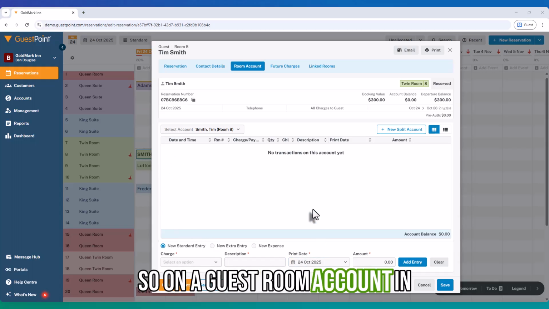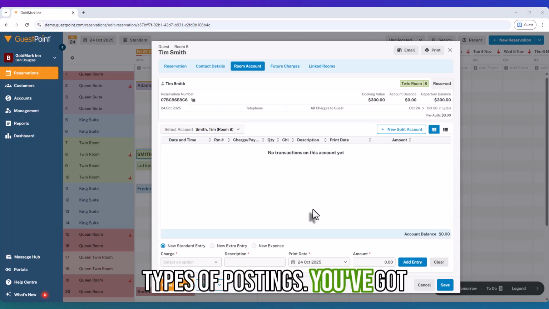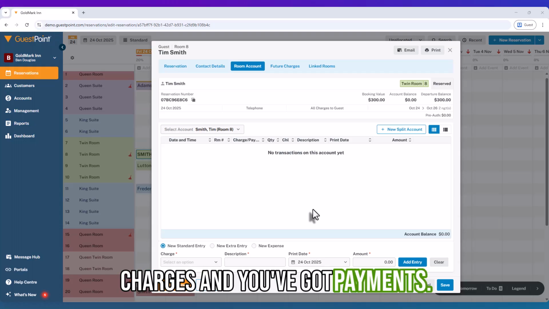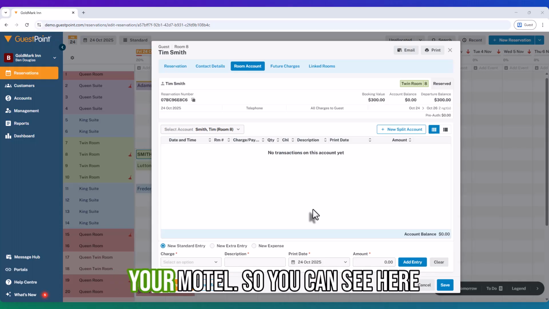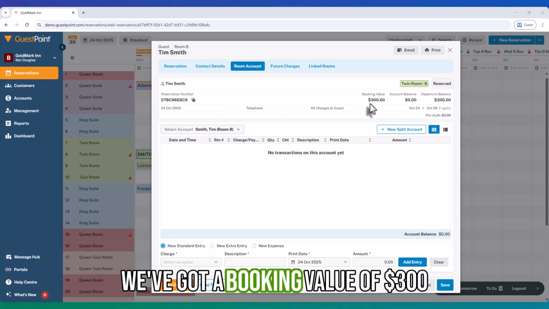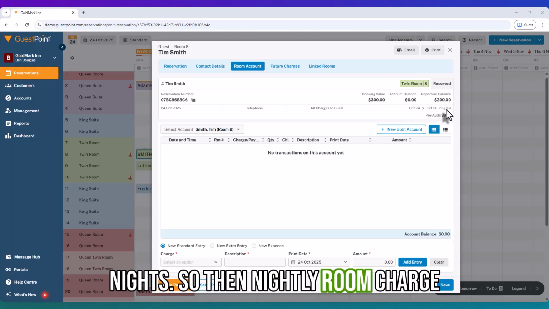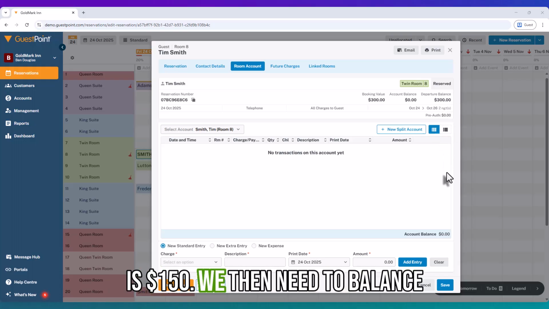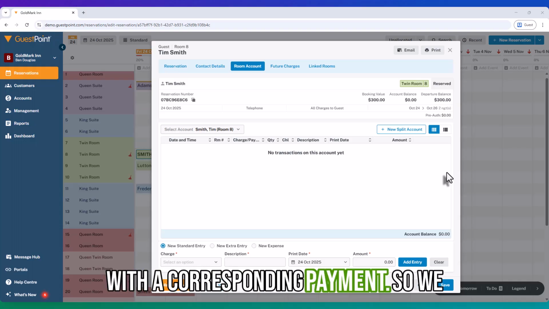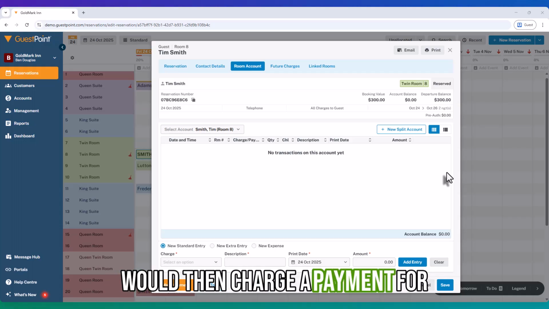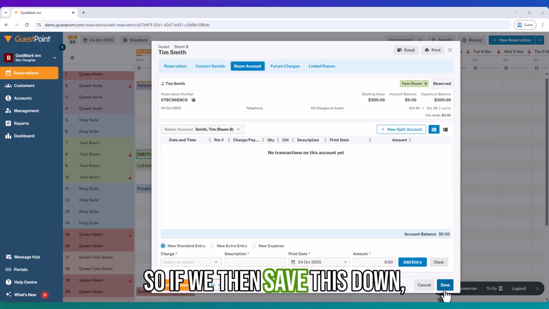So on a guest room account in GuestPoint PMS, you've got two types of postings. You've got charges and you've got payments. Charges are the costs of items at your motel. So you can see here we've got a booking value of $300 and the guest is there for 2 nights. So their nightly room charge is $150. We then need to balance that room charge amount of $300 with a corresponding payment. So we would then charge a payment for $300. So if we then save this down,